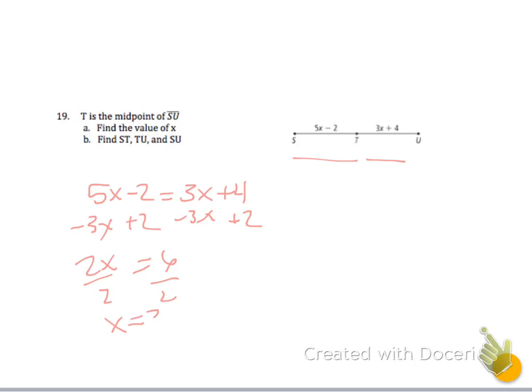So now I have x representing 3, so we found 3. Now I need to find ST, so let's plug 3 back in to find ST. So I got 15 minus 2, so ST is 13. So 3 times 3 plus 4, so 9 plus 4, so this is also 13, and they should be the